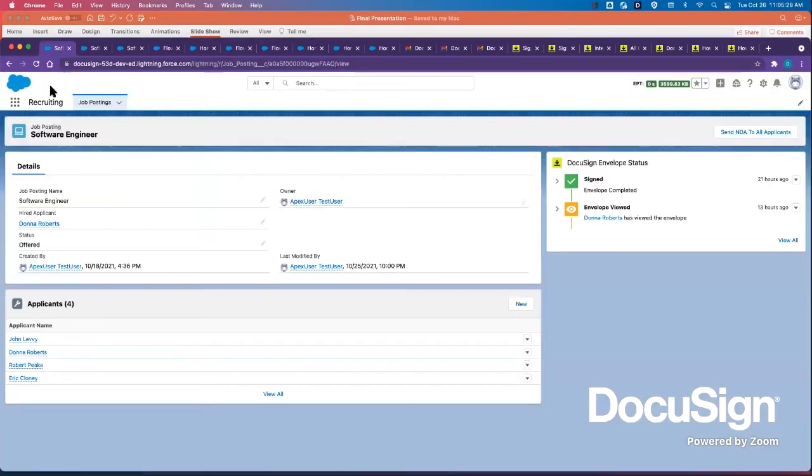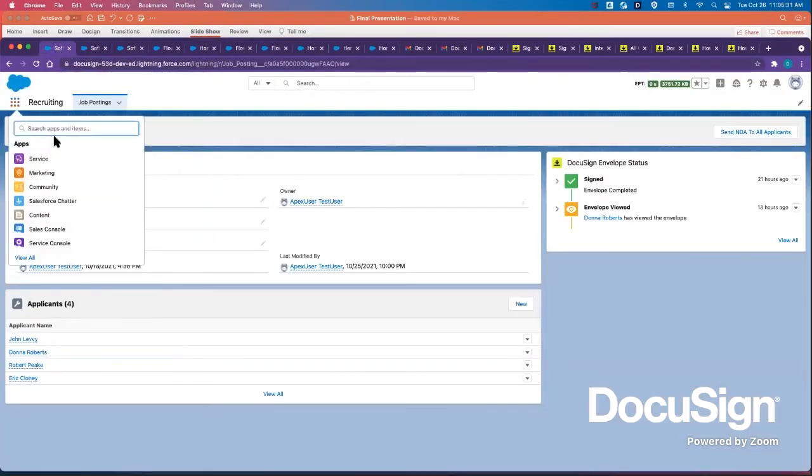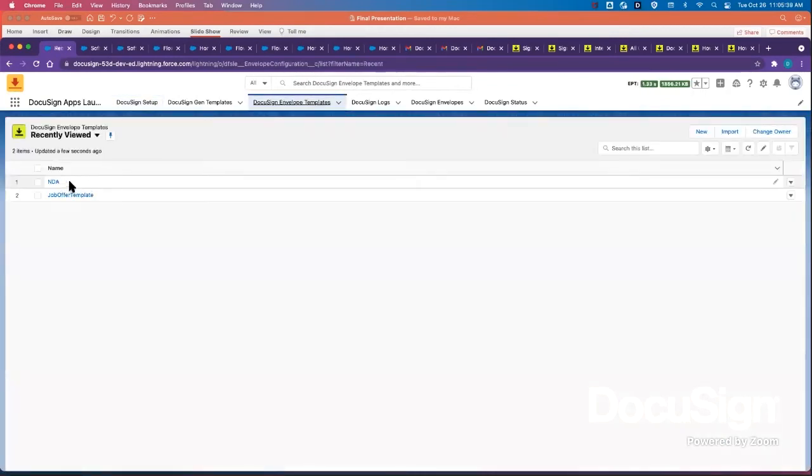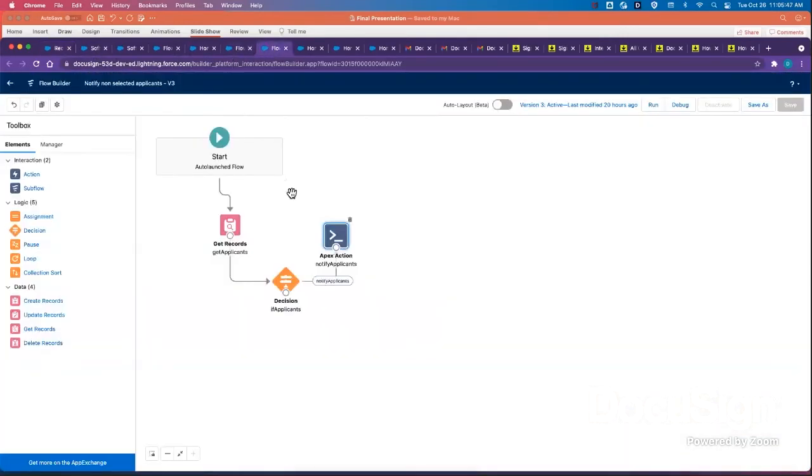Okay, now we'll jump back. In the same way, we'll have to create the DocuSign envelope template. In this case, it is using the same templates, but if there is a new document, we can also replace the document with an updated document. And here I'm using the Salesforce auto launch flow, which is triggered whenever I click on the user action, and it gets all the records for the applicants and passes them to call the Apex API. So here I'm passing the template ID